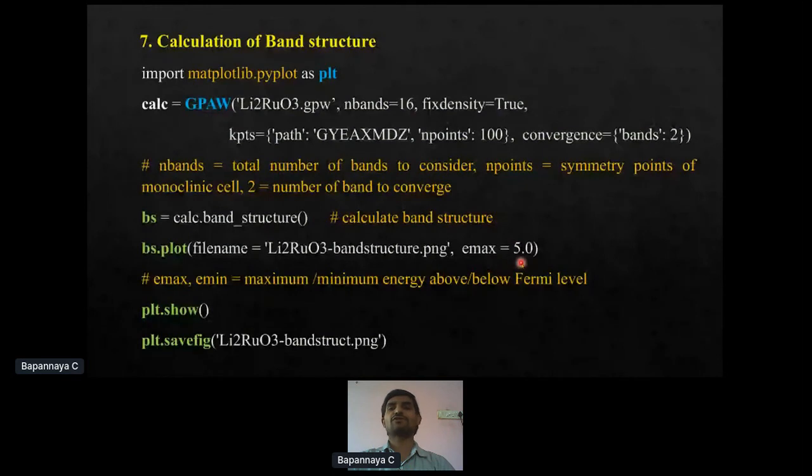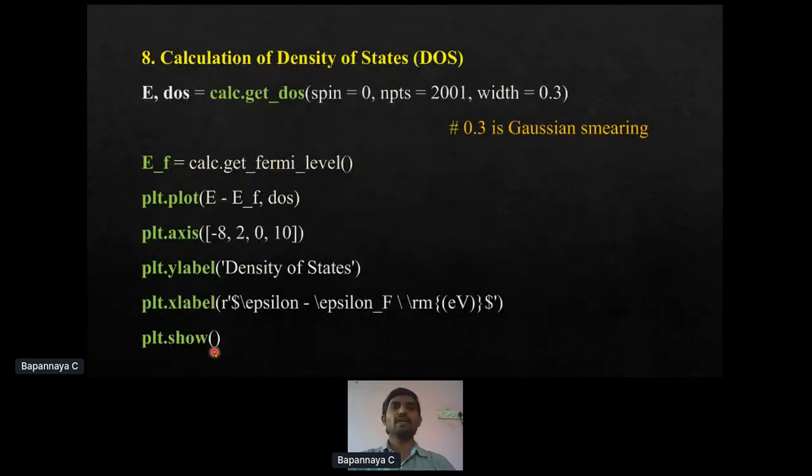Here Emax equals 5 means above the Fermi level or below the Fermi level, we are calculating the band structure up to 5 electron volts. So we can save the file by this command also. And the density of states can be calculated from